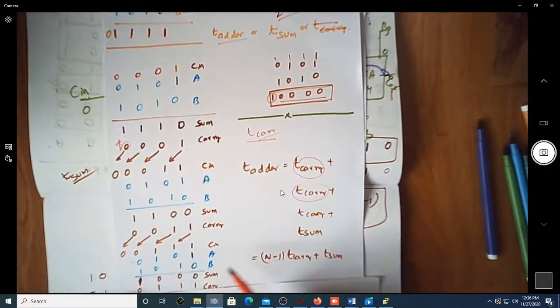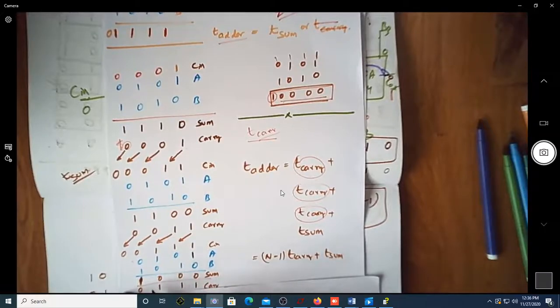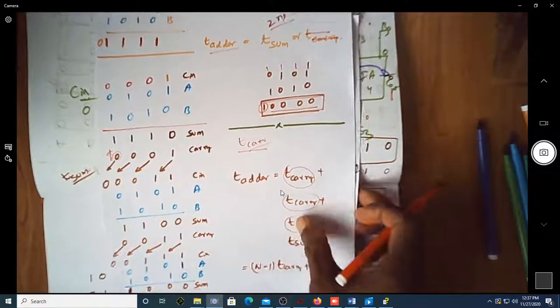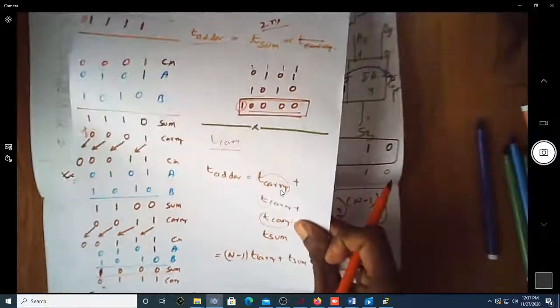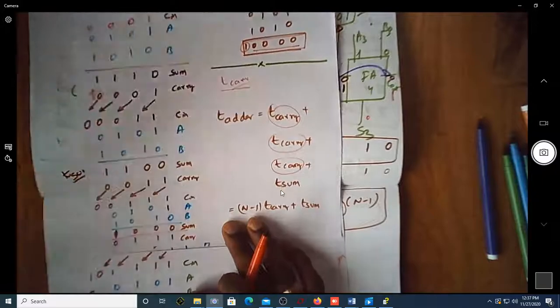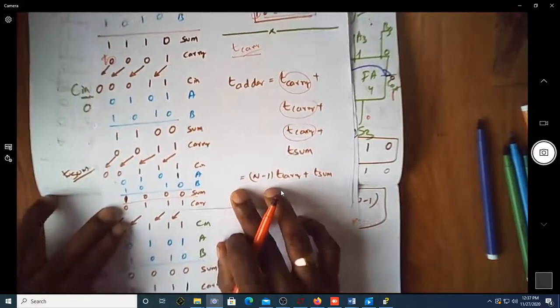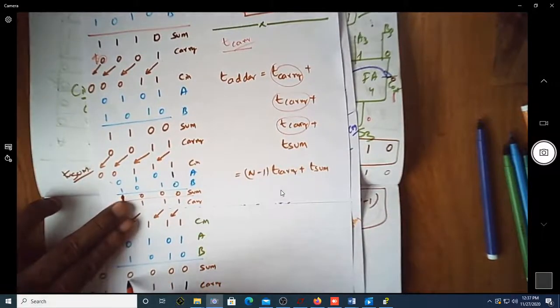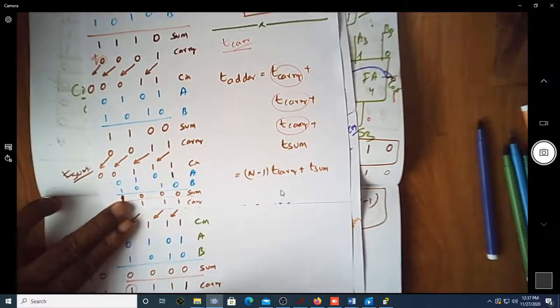Now it will take one more, because you are still not there with the expected sum. Sum is supposed to be 0 0 0 0, all four zeros, and carry out should be 1. We are still not there, and this will take another step. This carry will move to the next stage. Now you can see you have the final sum output, which is 0 0 0 0, and the carry is now becoming 1, this will go to 1 here.